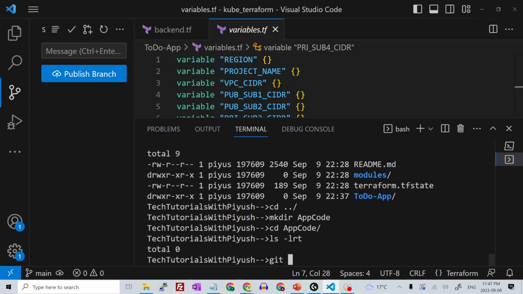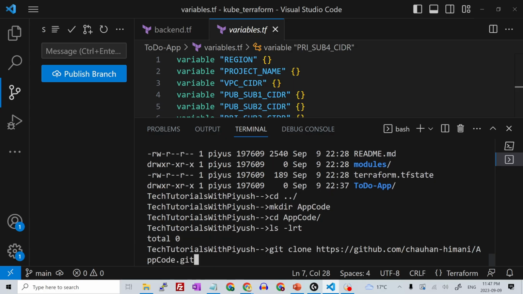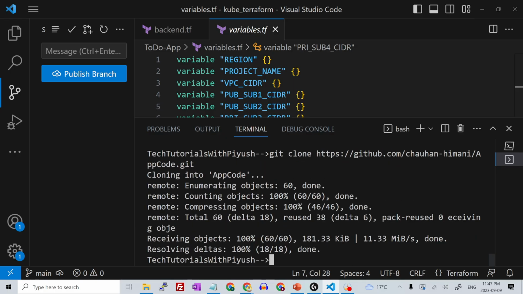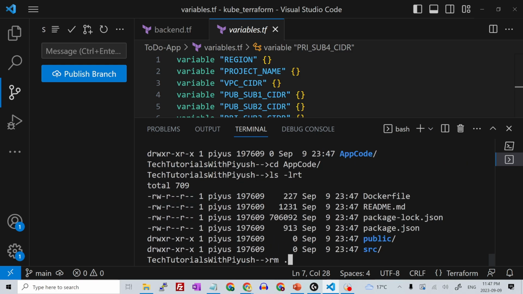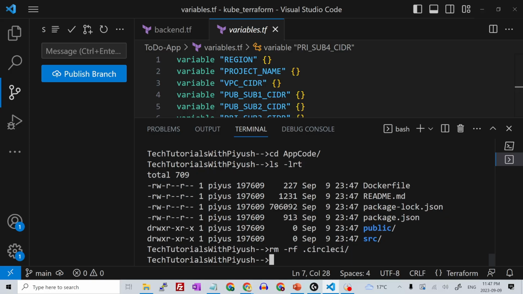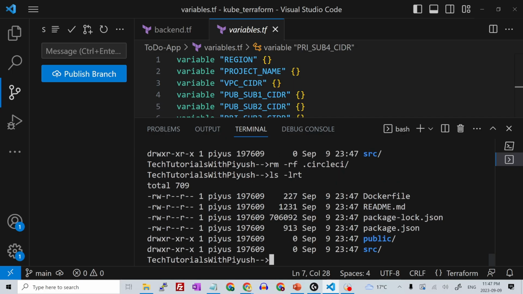Okay, do a git clone on this repository. It will have all the files. Now inside this, I'll just remove the .circleci folder: rm -rf .circleci. Okay, now I need all these files,